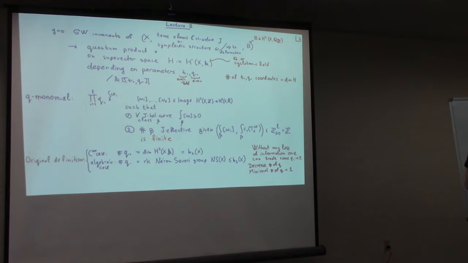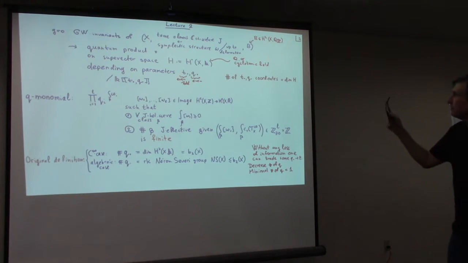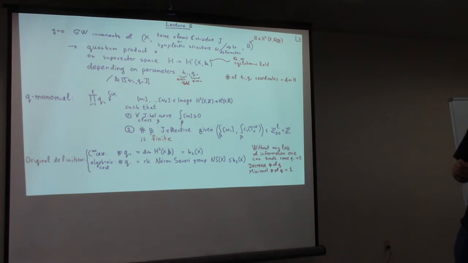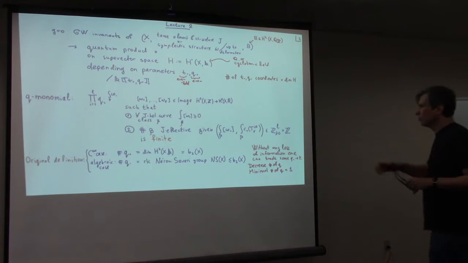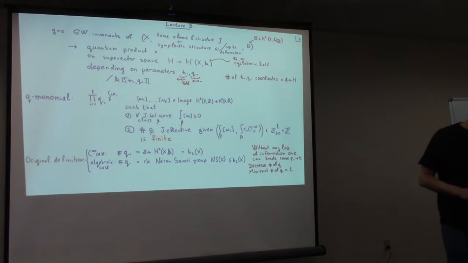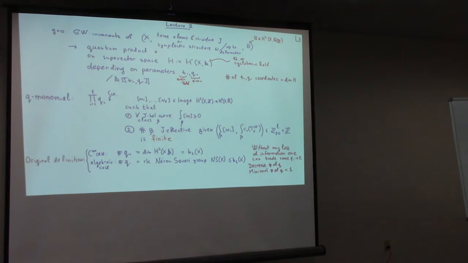The number of parameters is the dimension of cohomology with rational coefficients of my space, and parameters are of two types. There will be variable t, which could be even or odd, corresponding to even or odd part of homology, and q, which corresponds to H2. And variable q could be, in fact, I don't have to go to the full second homology group. It could be some smaller number of parameters q, because when I make a generating series, I put the contribution of each homology class beta as a q monomial, product of q_i to some power of some